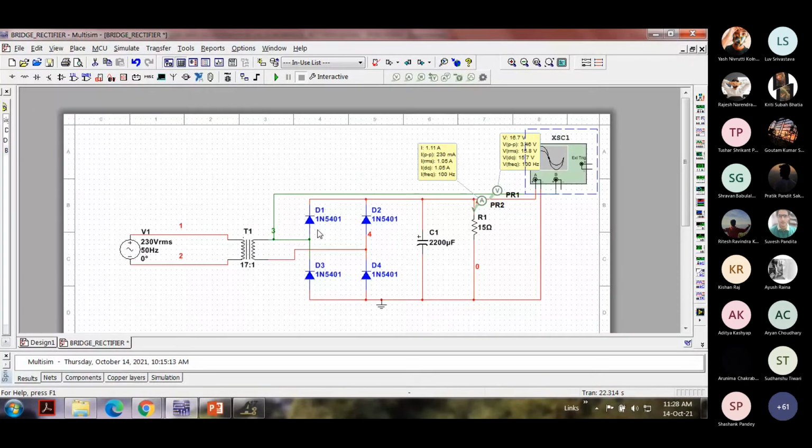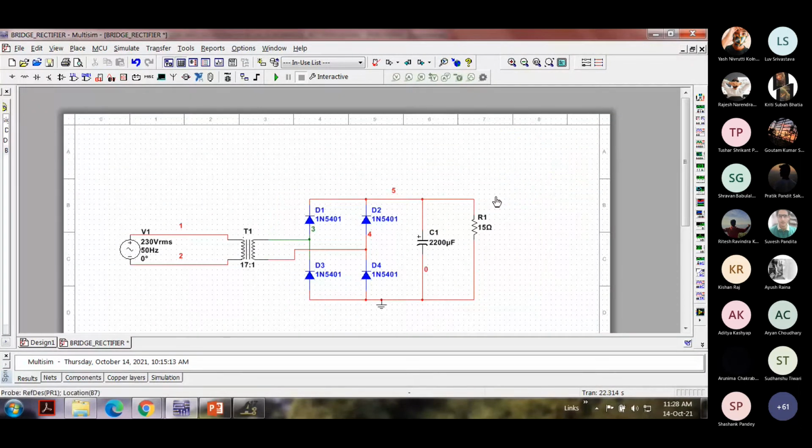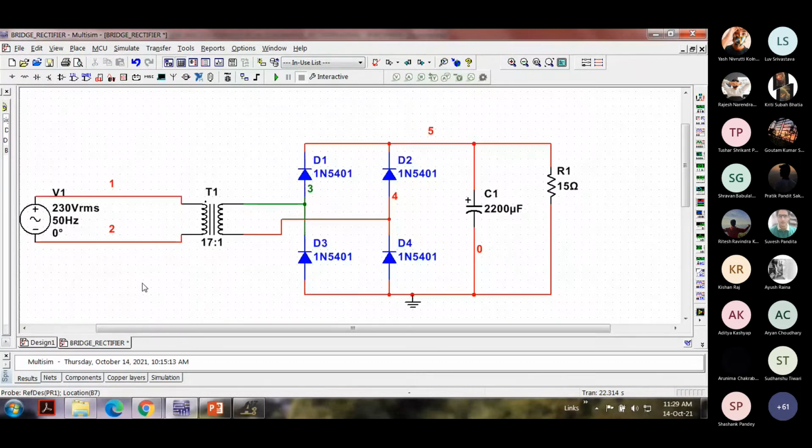I'll just do away with this so that it will be a little bit easier for you to understand. So we have entry points and exit points. What is the entry point? I'll call it the entry point for the circuit. That is where you're going to apply the input to the circuit. Which is the entry point in this particular circuit, guys? V1 input. Yes, the primary of the transformer T1 is the entry point there. And what is the exit point? Sir, load R1. Load, exactly. Very good.